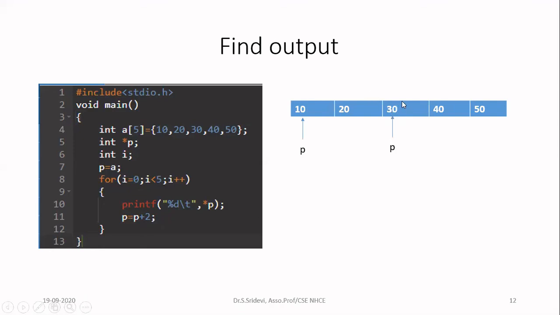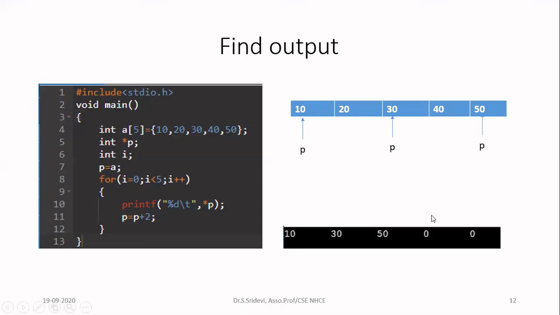The second time, star P will print 30. Then it will increment the pointer. The third time, the pointer will come here, star P, so it will print 50. Then 2 more times you are incrementing the pointer. But in those 2 times, you are not in the memory allocated to your array. You are using the memory of some other program or some other part which is not allocated to you. That is going to disturb the security of other users. We don't know what will be printed for those 2 movements because we don't know what is there. It is the program of another person. So something will be printed, some garbage value.